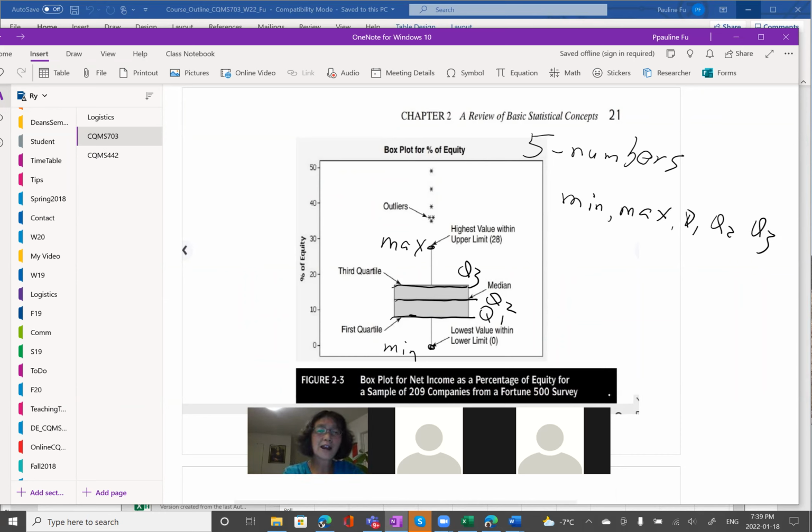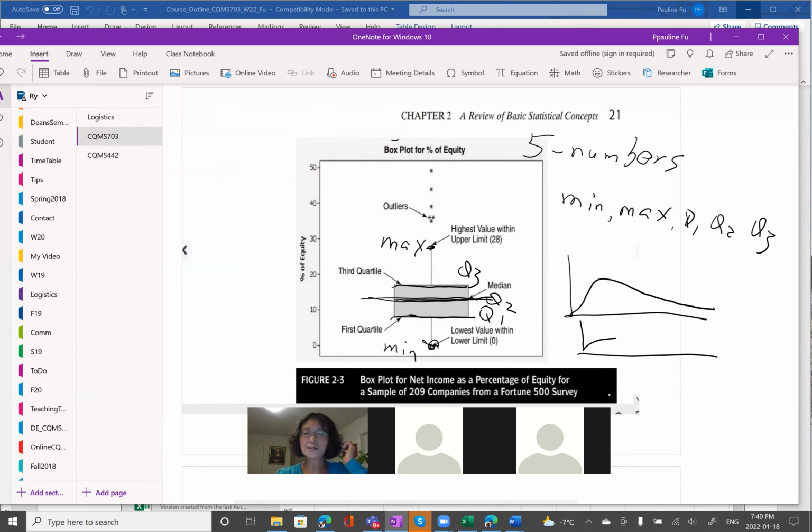If I give you a set of data, by just looking at the data, you don't get any information. But if I present this data in a 5 number summary, you have a clear idea what the maximum is, what the minimum is, what the midpoint is. And based on this midpoint, maybe the data is laid out like this, we call this skewed to the right because it has a longer right tail, skewed to the right. And maybe data is this.